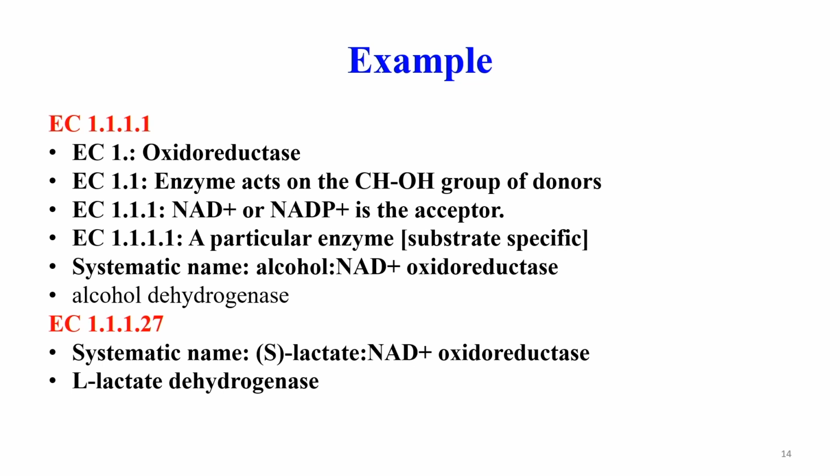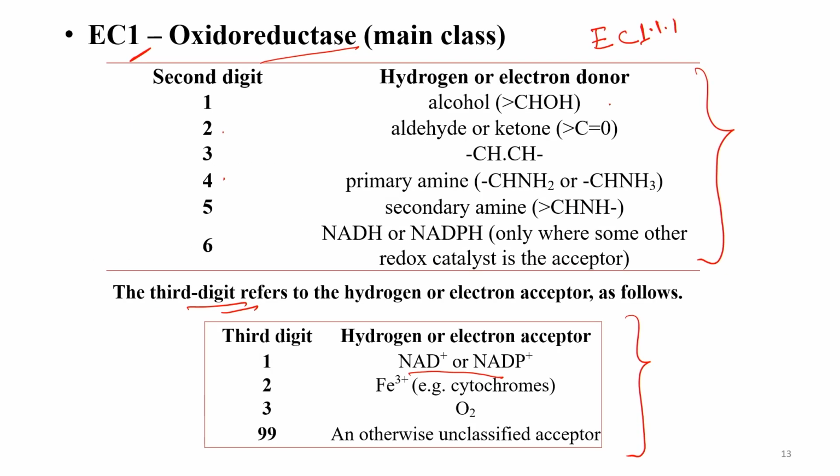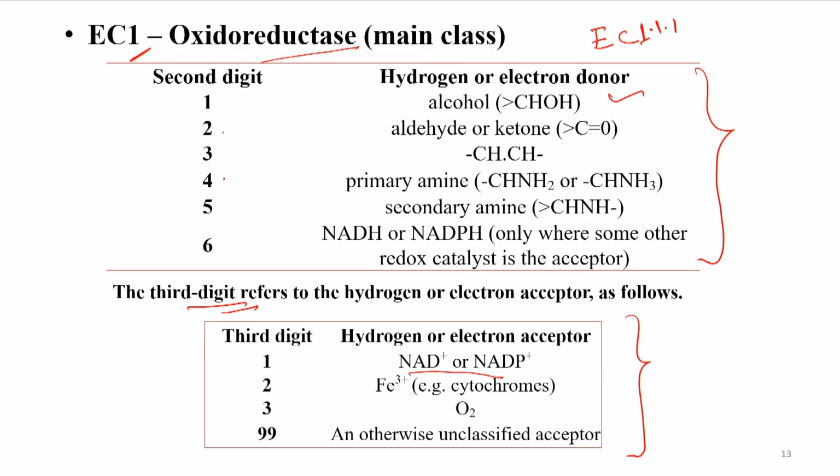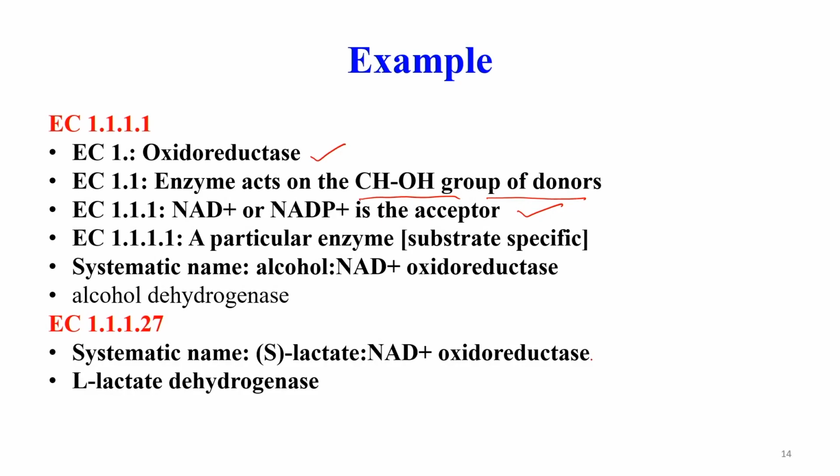So I have given these 2 examples, EC 1.1.1. So 1 means the class is oxidoreductase. The second, the subclass, is the enzyme acts on the alcohol group, you just see the alcohol group. Third, NAD or NADP is the acceptor, this is the electron acceptor, and the last one is a particular enzyme or substrate specificity. So this is specific to the alcohol. So basically